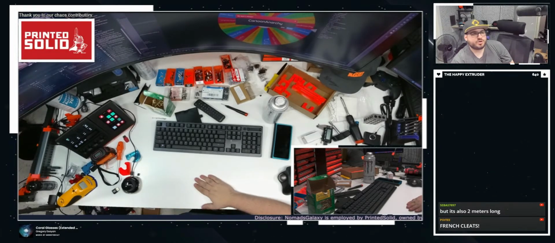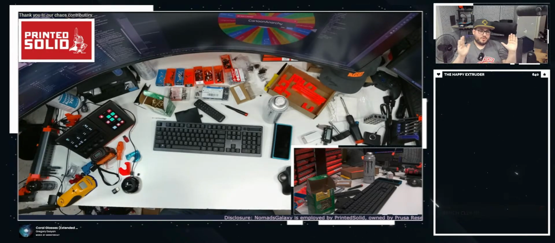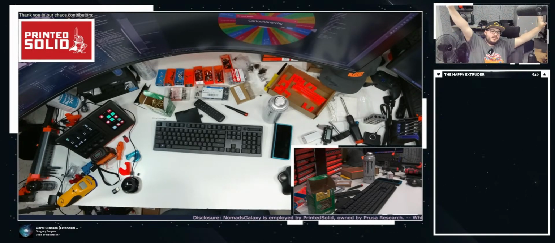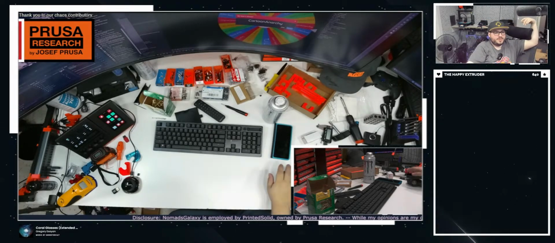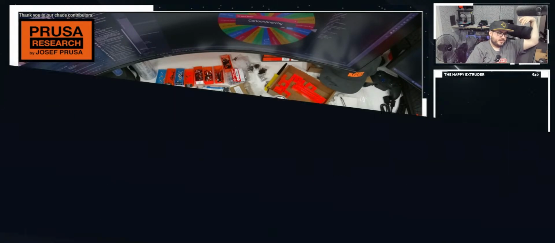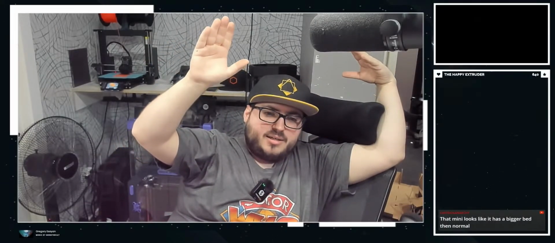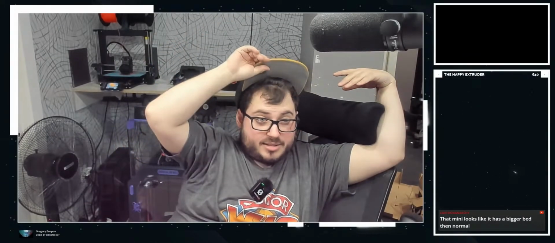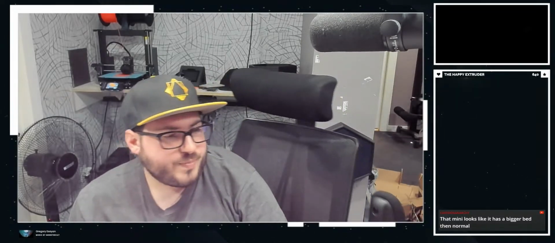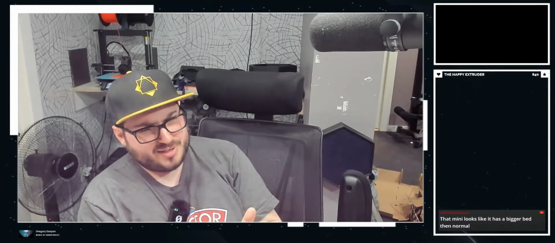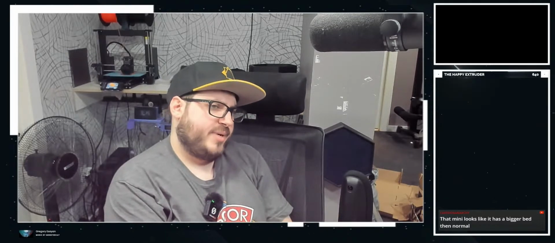I am 100% spoiled. With a capital S, unspoiled. I have... Let me swap to the large screen here so you're not just looking at my stuff. No, the mini has a regular size bed. It's 180 by 180.